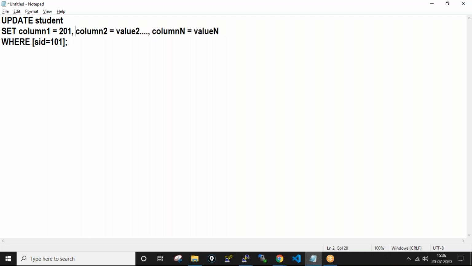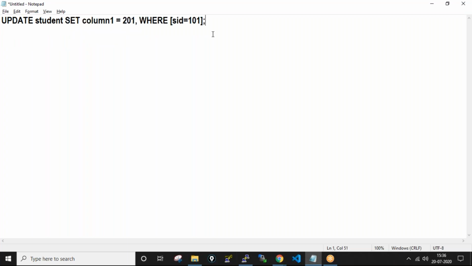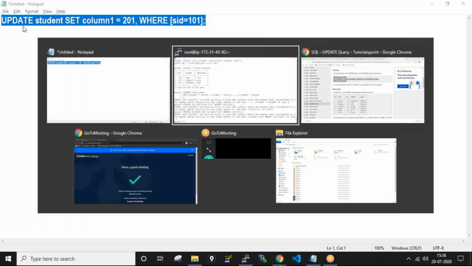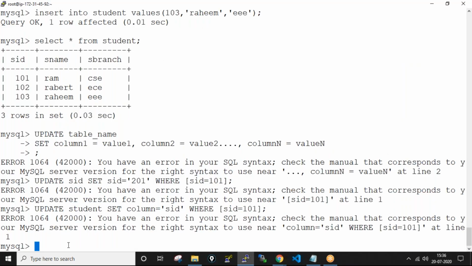Sir, the column name, don't give column 1 like that. Yes, sir, I have given. So might be this will work now. What is the column name? Here you have given the column name SID, sir. The column name is SID. Yes.